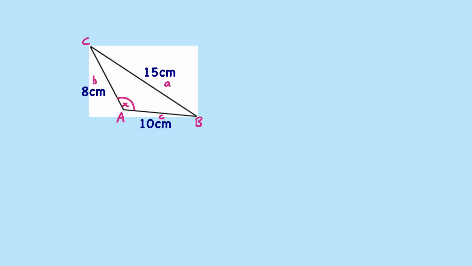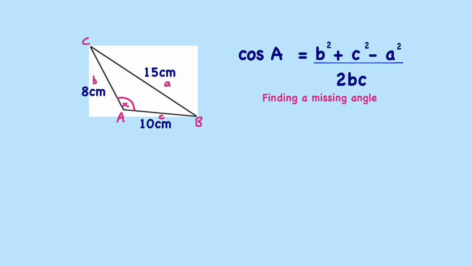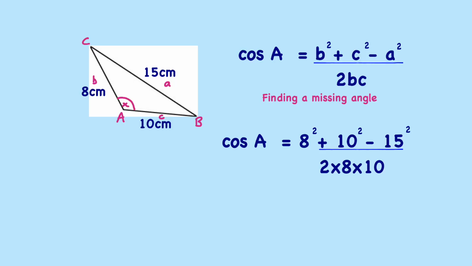So first of all, let's write down the format for finding the angle. So we're trying to find angle A, so we substitute all our values. So that gives us cos A equals 8 squared plus 10 squared minus 15 squared divided by 2 times 8 times 10. If we put that all into our calculator,